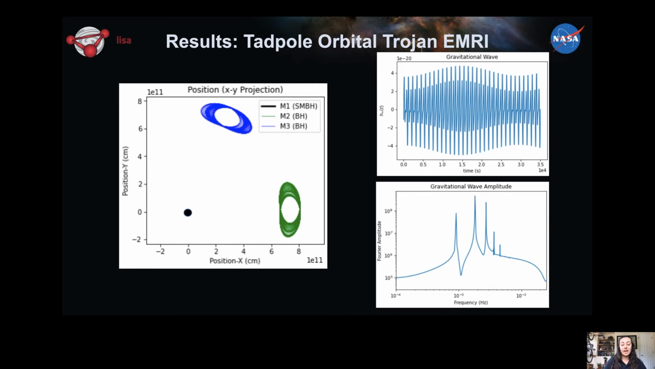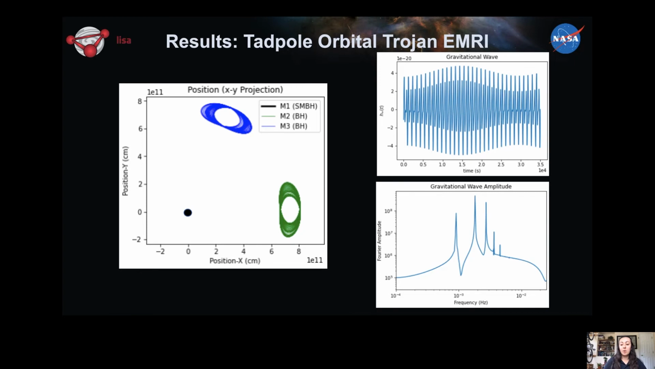And so here they're tadpoling, so there is libration of these two bodies. So then if we calculate the gravitational wave of this position, we then see that we no longer have this perfectly sinusoidal curve. And so we do see a difference between the fundamental and the tadpole orbital dynamics within our gravitational wave curve. So then again, taking that Fourier transform to get the gravitational wave amplitude plot on the bottom